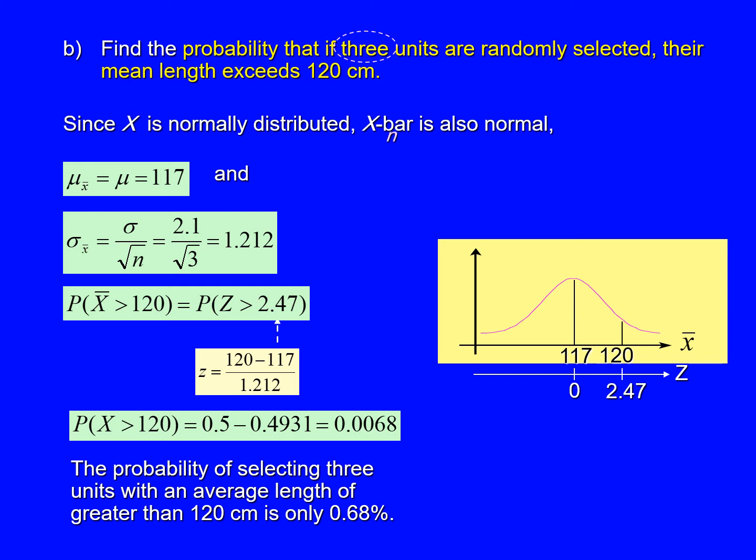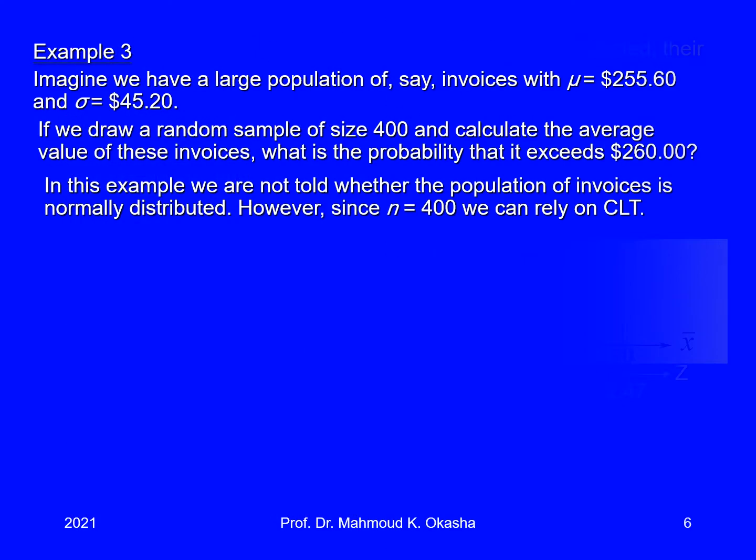Right? Then another example. Imagine we have a large population of, say, invoices with mu equals 252.6 American dollars, and sigma equals 45.2 American dollars. Mu is the population mean of the whole invoices,